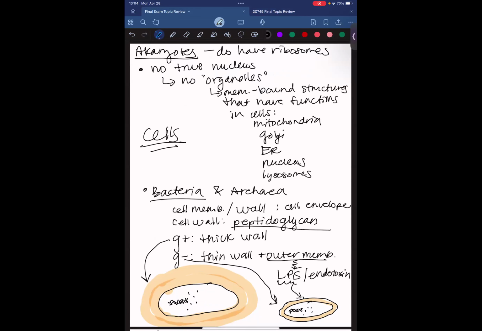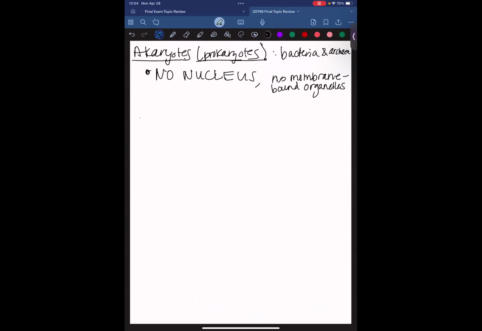So coming back to our guys, they have no true organelles. We'll talk about the organelles. I'm going to go over them in a little bit with our other stuff. So these are our bacteria and archaea. And something else that defines these guys is their cell envelope. What's the cell envelope? It consists of the inner cell membrane,